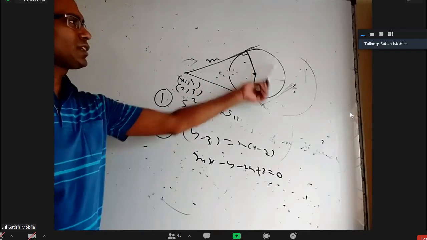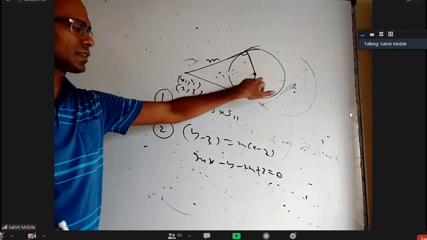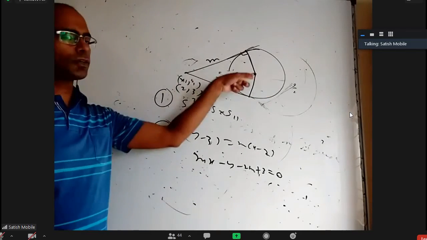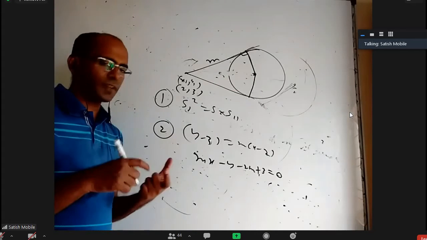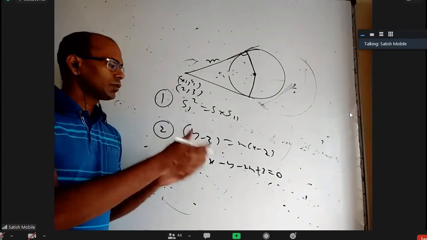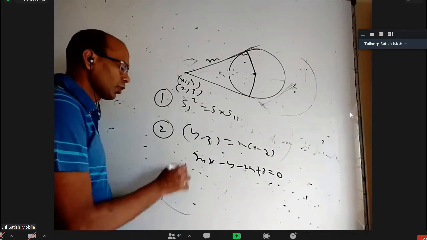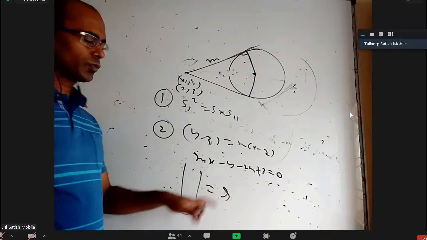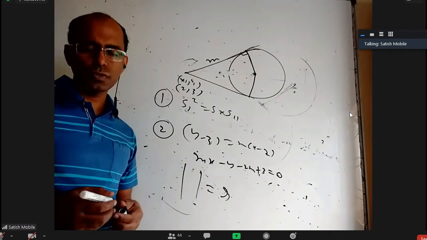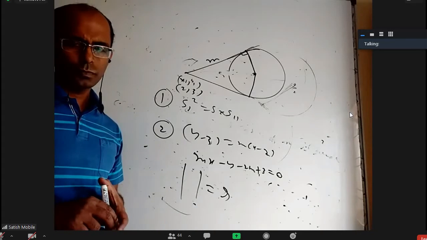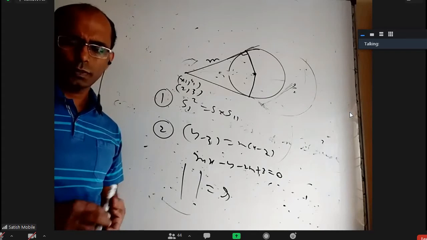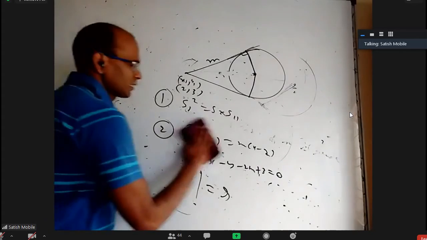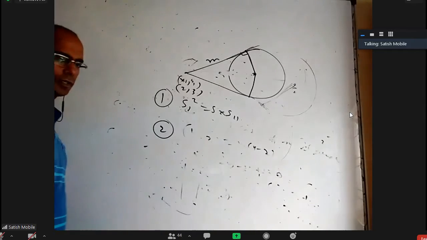For this to be tangent to a circle, from the center of that circle, you find the distance to this line and equate it to the radius, where the center is fixed and given, and the radius is also given. You will be able to get some m values, because there will be a mod equal to the radius. When you remove the mod, plus or minus, or when you square it, you get a quadratic equation in terms of m, and we will get two values of m. Is that okay? Yes, sir. So that is the second method. Just assume the slope as m, try to find it.